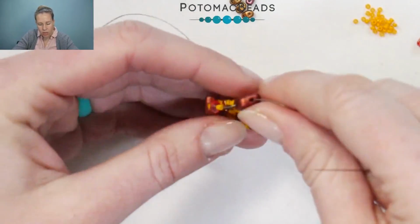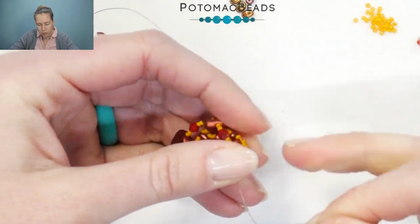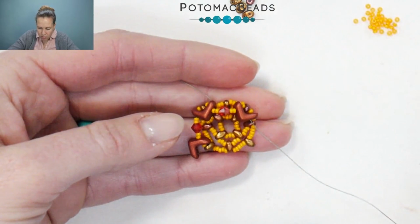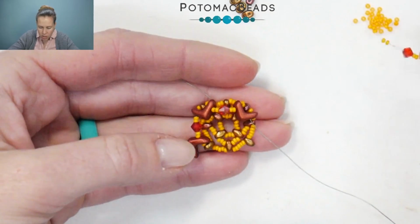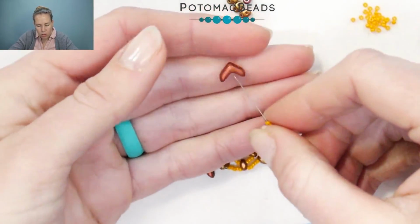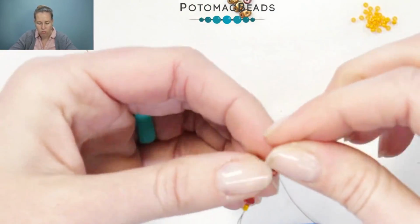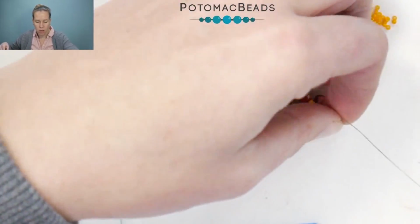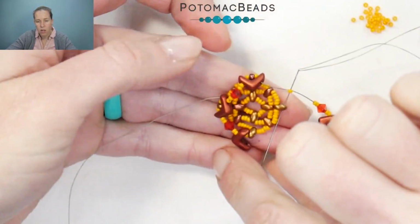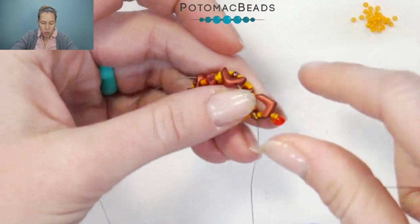Bringing that thread out, I'm gonna give just a nice little tight pull, and that'll get that curvature happening even more. Again, 2 of my 15s, 1 of my 4mm bicones, 2 15s, and then another one of my Evas. Again, this is going to be the 4th one. I'm going through the exterior of that left foot, basically, of the Eva. 1 more 15 goes on, and I'm going through the next of my mini duos. So that pattern repeats itself because we're doing a series of 4